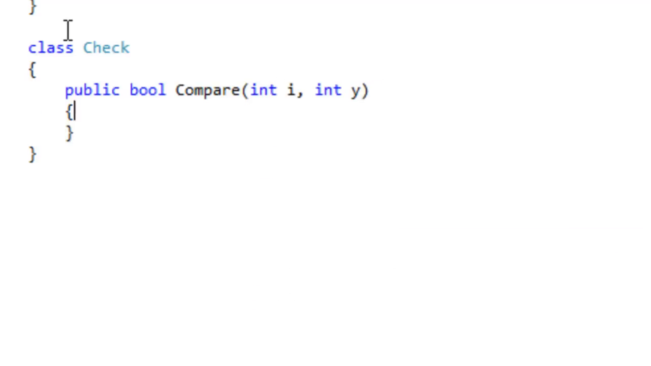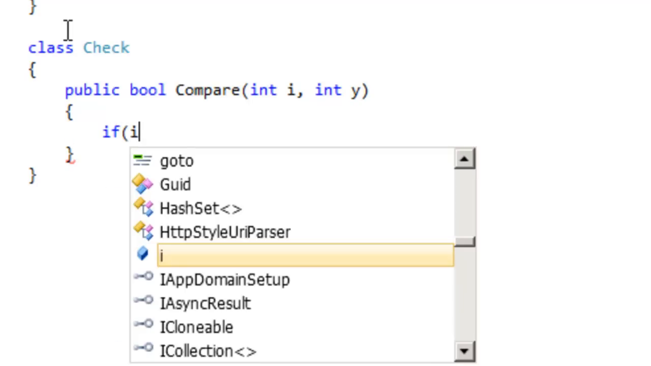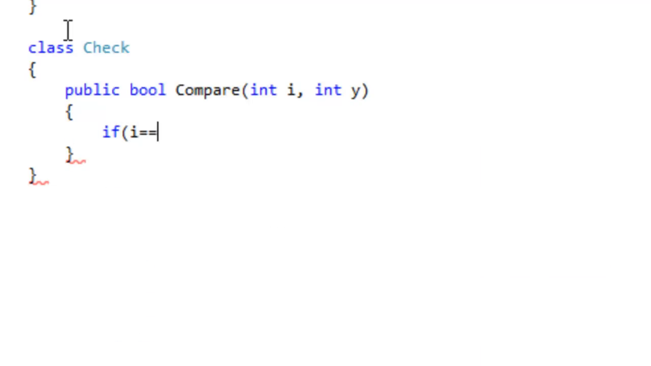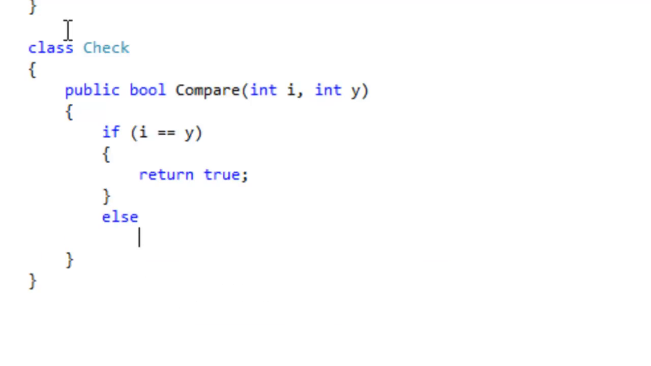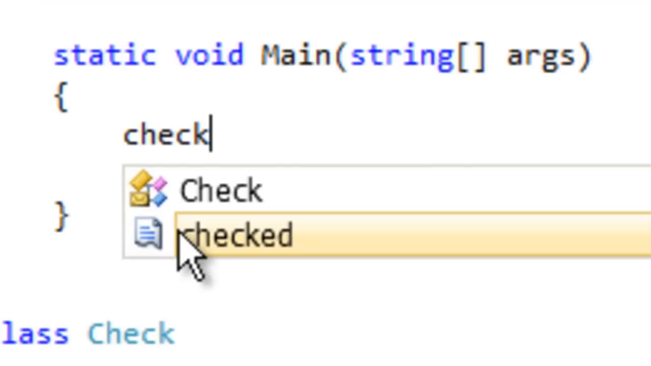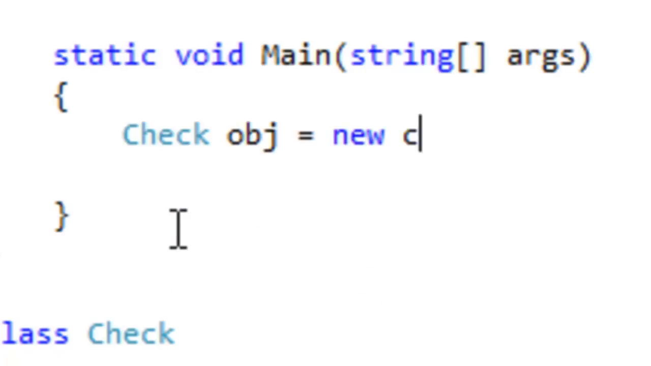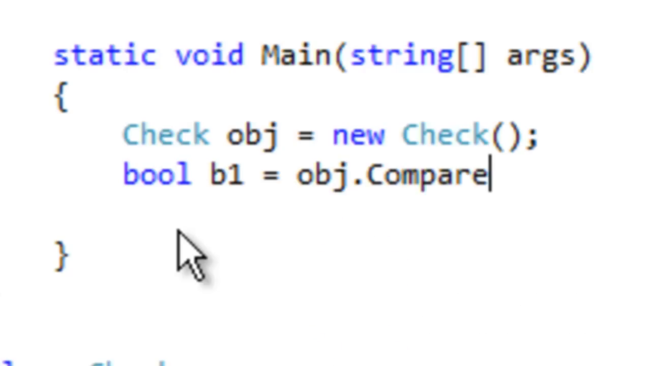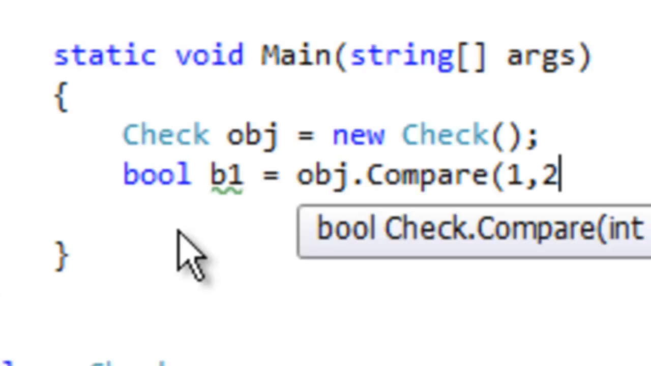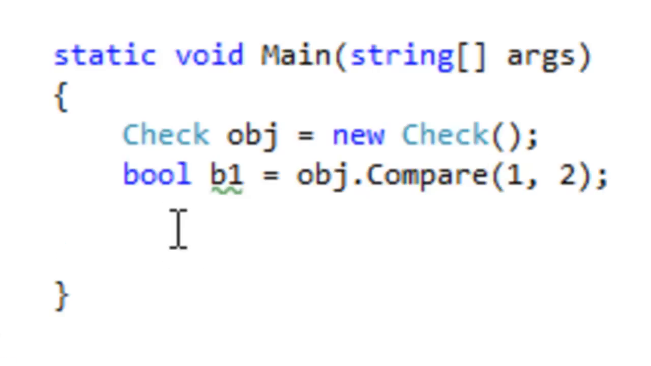So if x is equal to y, it will return true, or else it will return false. So return true, or else we return false. So let's go ahead and create the object of the class. We'll say check obj is equal to new check, and we'll say bool b1 is equal to obj.compare. So let me say 1 and 2, which is not equal actually, so I'll get a